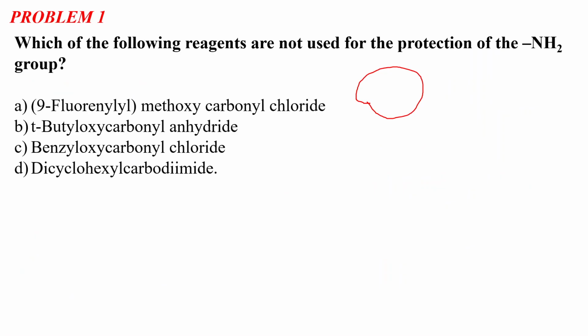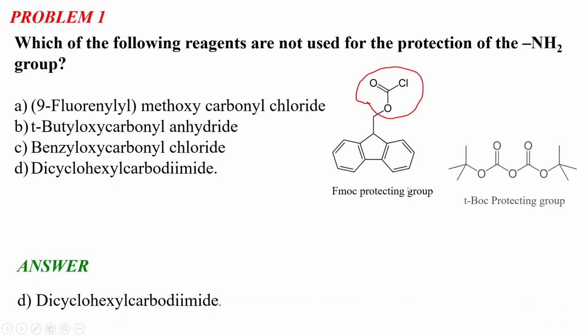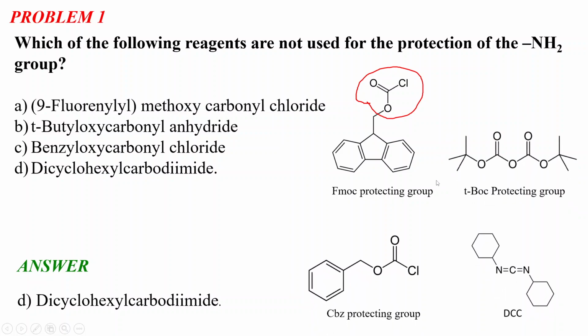Now how it's doing, the mechanism you will also get from the books or the lectures. Just remember that this is the name of this protecting group, and this DCC is not a protecting group. It basically only helps to synthesize the peptide moiety. Now moving toward the second question, how it does that, I will show you briefly. There is a lone pair of this amine group. Now this lone pair will attack this carbonyl carbon, and this will do the resonance, and chlorine as a leaving group will just be removed,